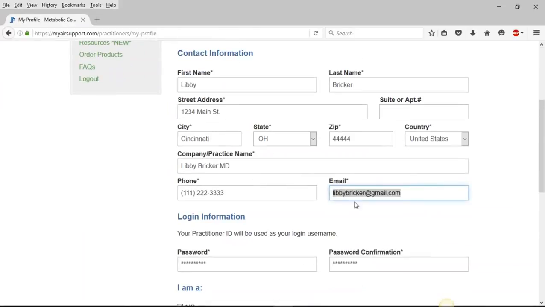As you can see, the email is the email that was used at the time of your AirSupport registration. If you would like the report notifications to go to a different email address other than the one that is currently